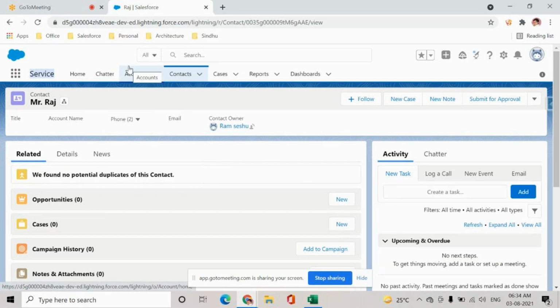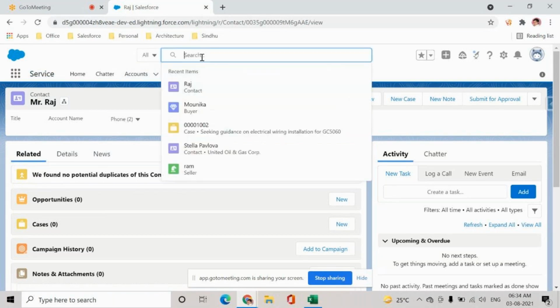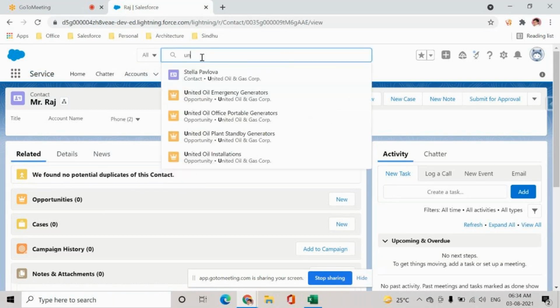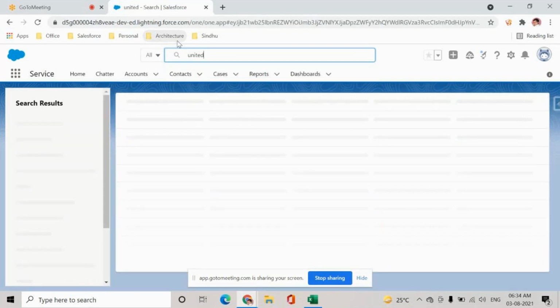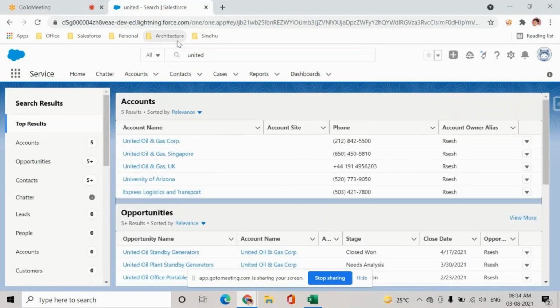Now, let us say someone said, "Hey, Ram, I know there is some company called United in my organization, but I forgot where that record is." So I'll go to this search bar. This search bar is called global search. Why global search? If I type some keyword and click on enter, it will search for that particular keyword